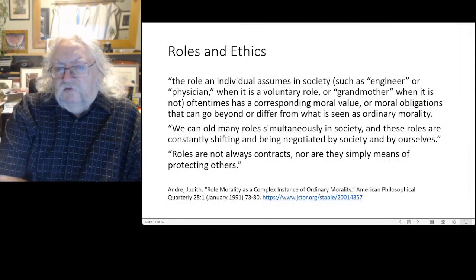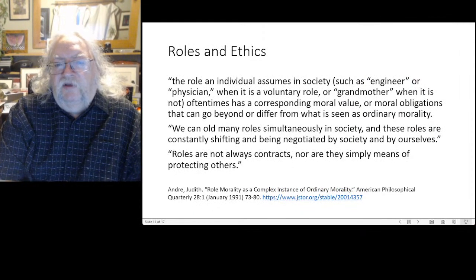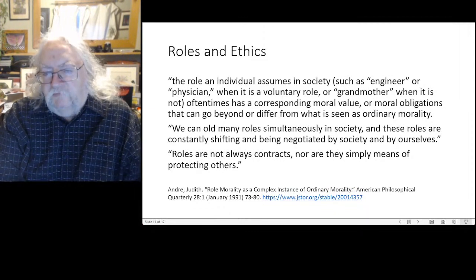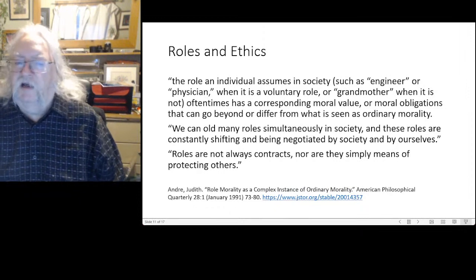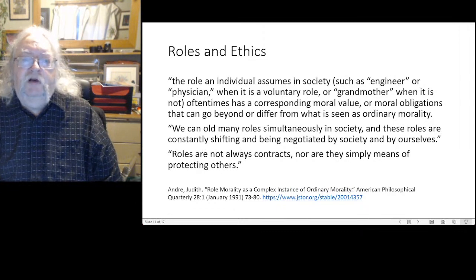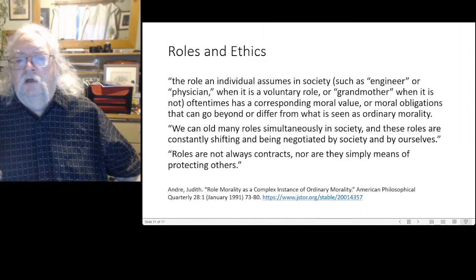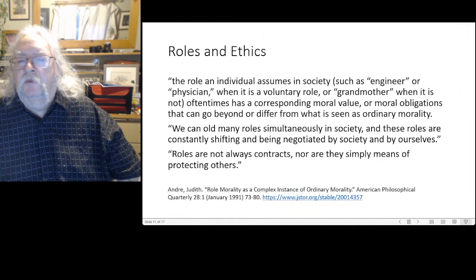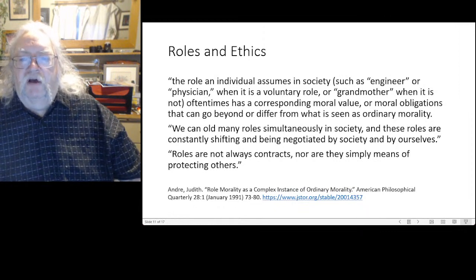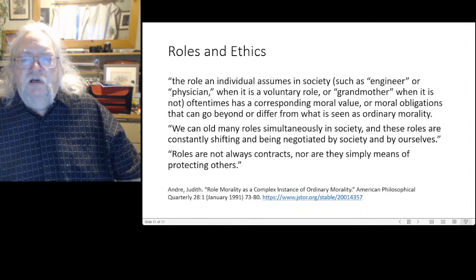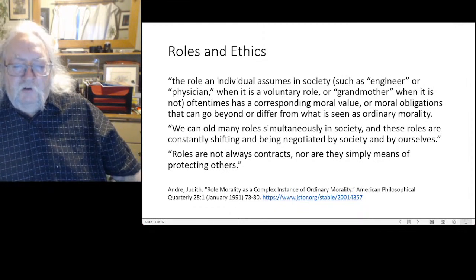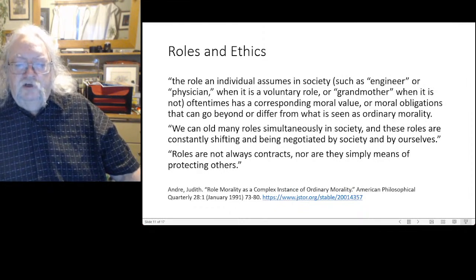So what we have now is this idea, and we've looked at it in law, in business, and in medicine, where the role that an individual assumes in society has a corresponding moral value or moral obligations that can go beyond or differ from what we see as ordinary morality. Now, in this account by Judith Andre,